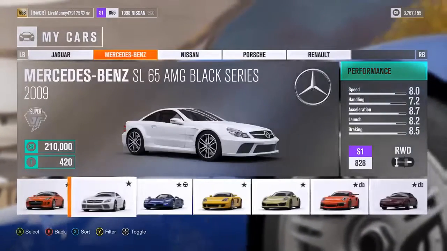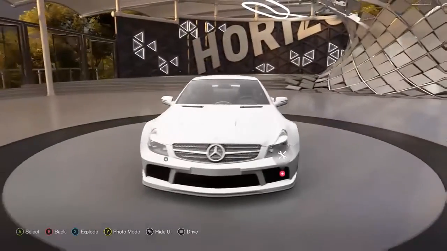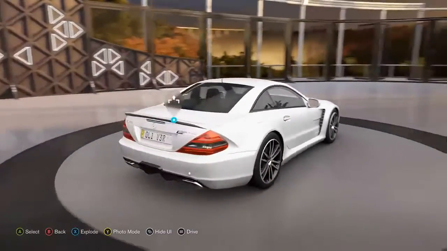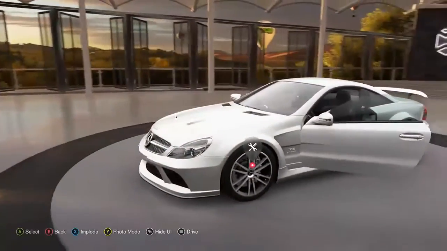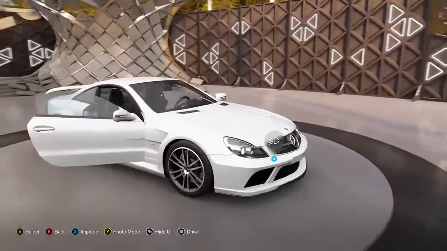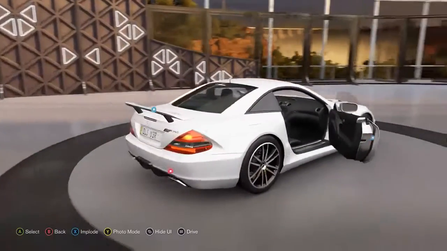Moving on to our next car on the list, which is the 2009 Mercedes-Benz SL65 AMG Black Series. Long name. This car costs $730,000. Actually, that was the other car. $210,000 or 420 tokens. It has 8.0 speed, 7.2 handling, 8.7 acceleration, 8.2 launch, 8.5 braking,